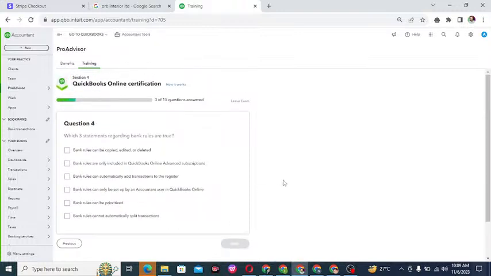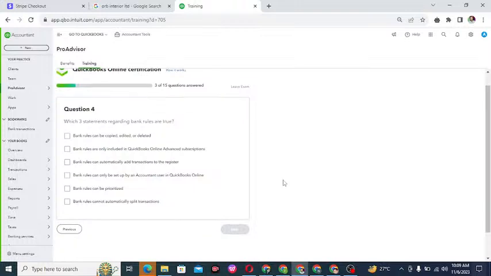Question number 4: Which 3 statements regarding bank rules are true? Bank rules can be copied, edited, or deleted. Bank rules automatically add transactions to the register. Bank rule can be